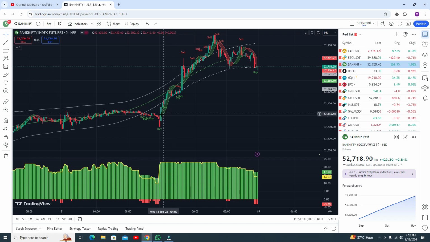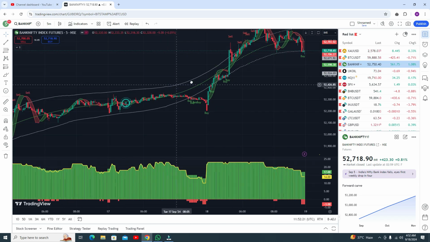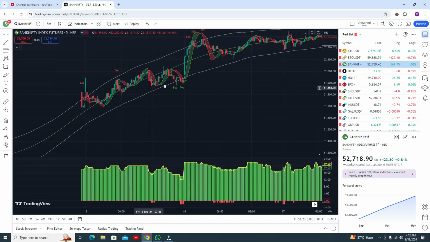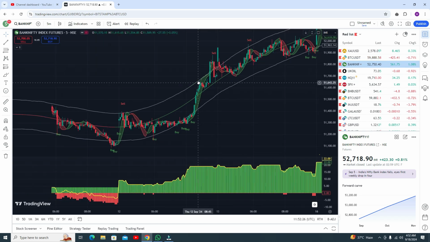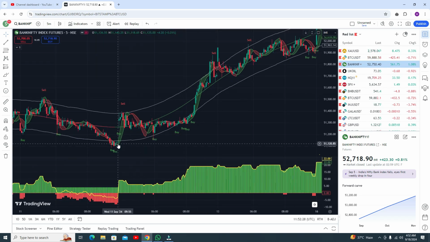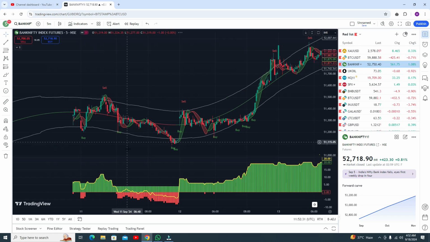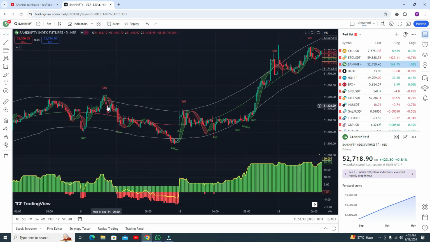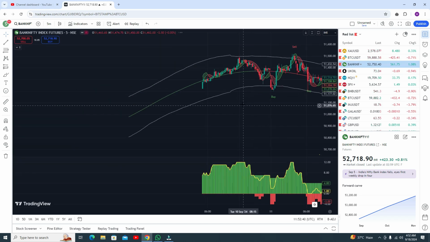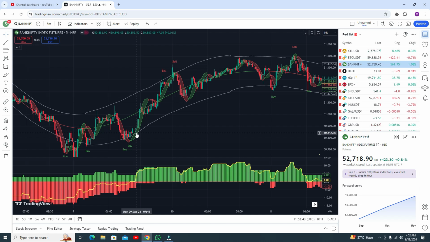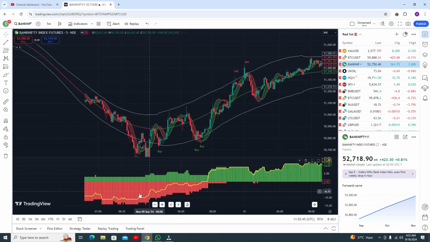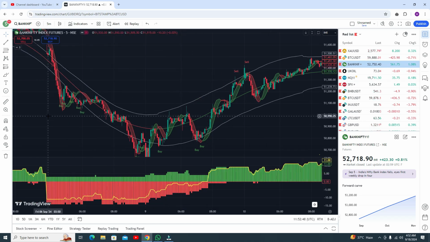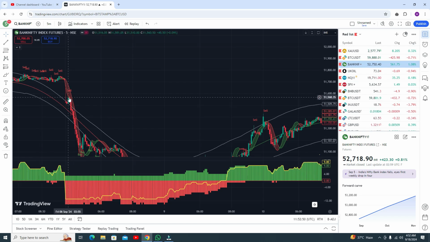Okay, in the previous one you can see buy trades and it's profitable. In the previous buy entry, profitable. In the most previous you can see again buy entries and profitable, again buy entry and profitable. From this point you do not need to go for the buy entry or sell entry. So this is your perfect buy entry again, and in the previous, like this one, you can go for the buy trade. And this is a strong sell volume here, and you can see you got the entry at this point. This is your perfect sell entry.